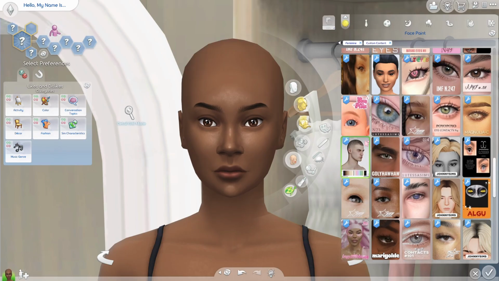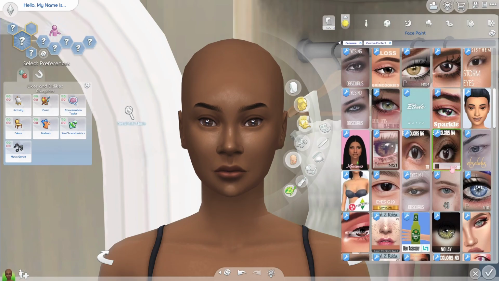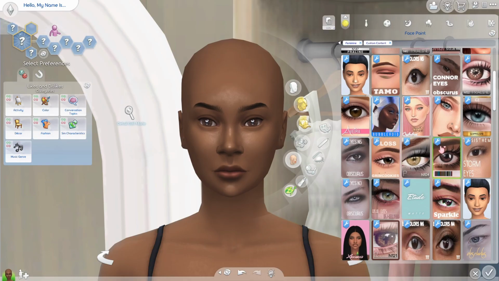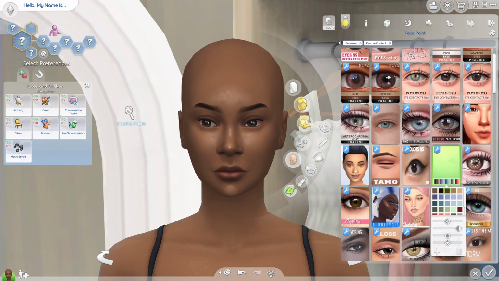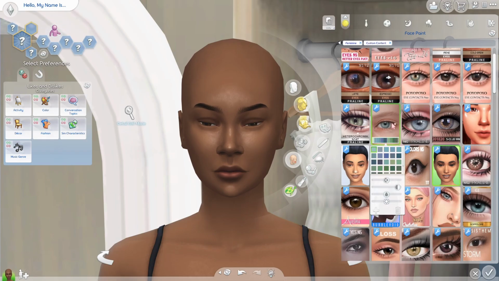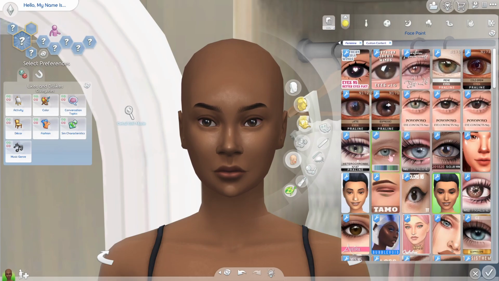Oh, this is just the hair. Anyway, I tried different eyes. I don't want any of them. I just want my Connor eyes. So I'm going to go find my Connor eyes. I just feel like they look so much more natural than these other ones. So now, and this one's also a good one. I don't know the name of it, but this is my second go-to one. Anyway,